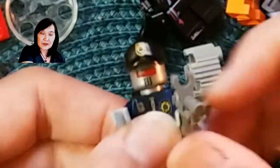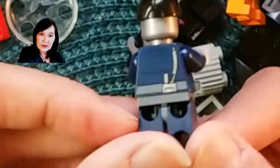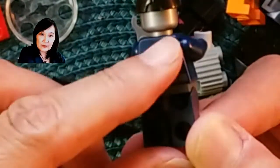Oh, look at that! All right, let's zoom in. Oh, that's cool. Yeah, a little too much for Ganesha. There we go. That is dope. That must be from the, what is his name? The Will Ferrell character, I think. But looking at the printing, really great printing on this. Even an asymmetrical belt with the